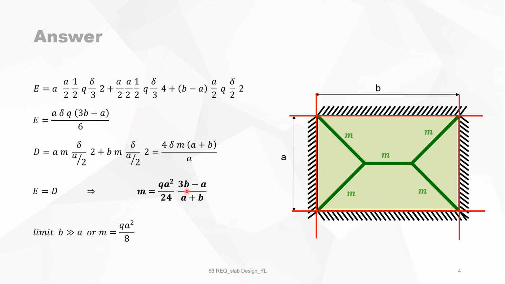Now, suppose that B is much larger than A, then you take the limit of this for B going to infinity, then 3 will be left. It will be 3B over B because those two do not contribute a lot. So you have Q A squared times 3 over 24, or Q A squared over 8. And this is the bending moment of a one-way slab in the direction of A. So that's what we are expecting to